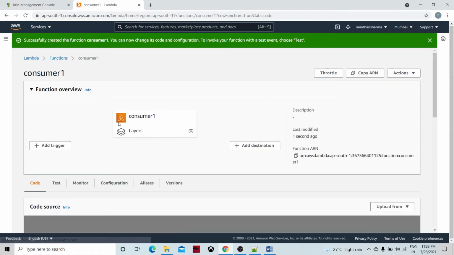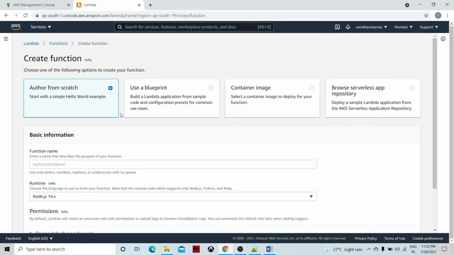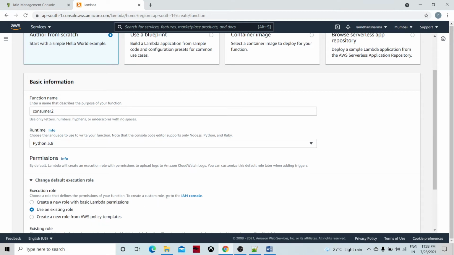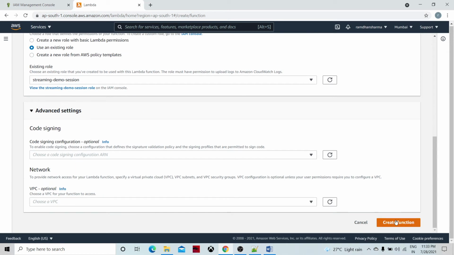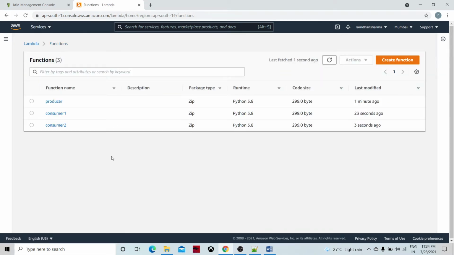Other settings I am keeping as they are. Then there would be a third function from scratch, consumer number two. Again, Python, and role as the streaming role. So we have three functions already.